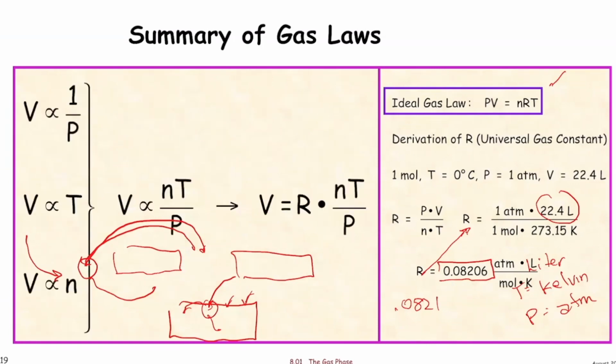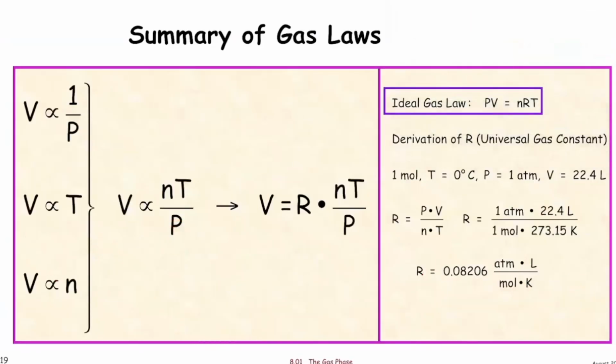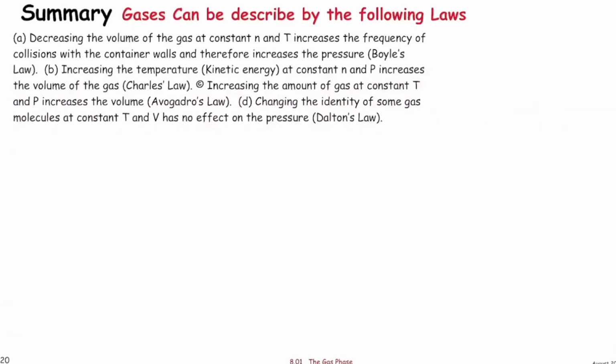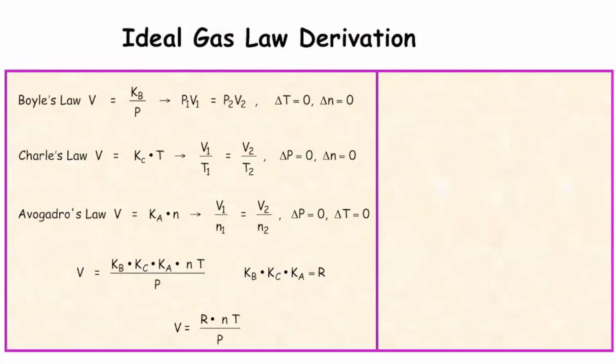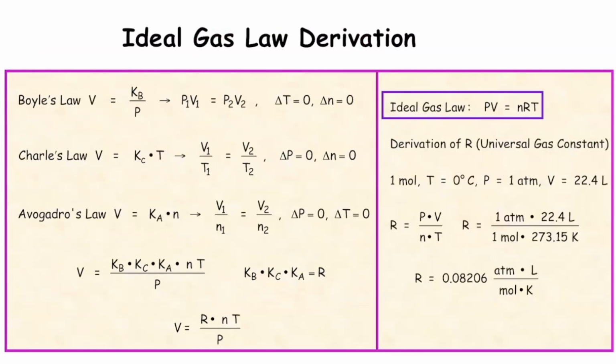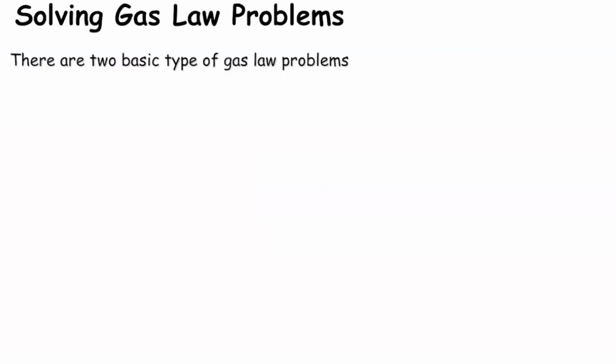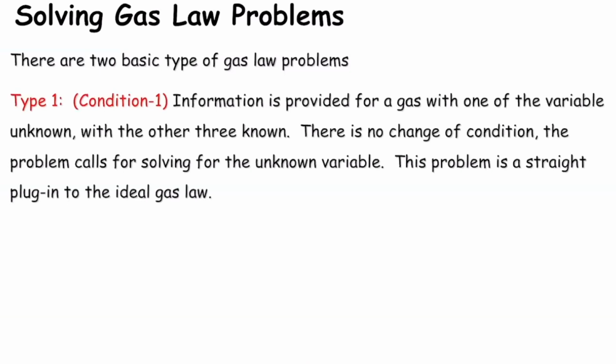Anyway, please remember PV equals nRT, because that's the equation that you will use and what we will be talking about in the next slide. So again, this is the derivation of the ideal gas laws. There are two types of gas law problems, and I like to call them condition 1 and condition 2 problems. Condition 1 is when you have